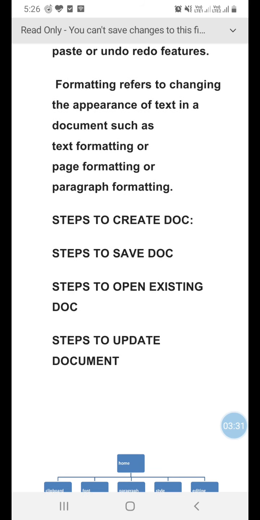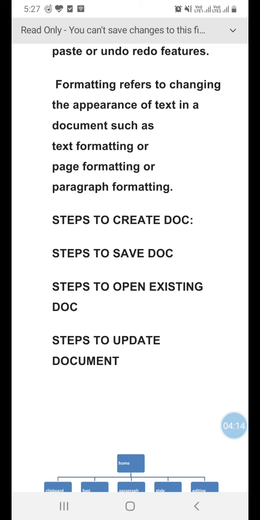After that, we should again go to the Office button and select the Save option. The first time, Office asks for the file name and the location where we want to save the file. We should provide the file name and save it in a selected location. Otherwise, it will be saved by default in My Documents. The extension of an MS Word document is docx in the advanced version and doc in the earlier version. This is the entire procedure to create a document in MS Word.